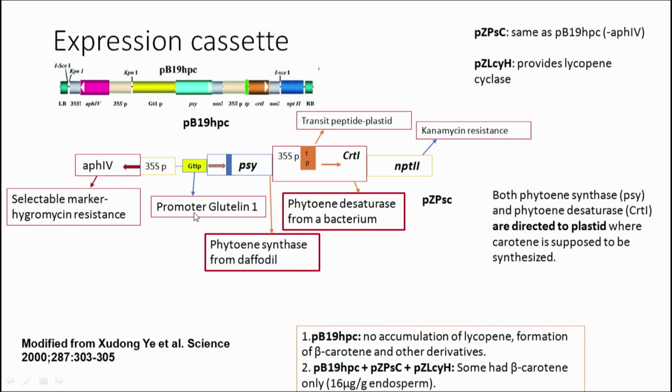So, let me explain to you how you really make an expression plasmid and expression cassette, and what all the components of an expression cassette are. This is the first paper on this subject matter, and it was published in the journal Science, and I will briefly explain in a very simplified form what this plasmid contains. Number 1, what is the plasmid which is used? It is the Ti plasmid.